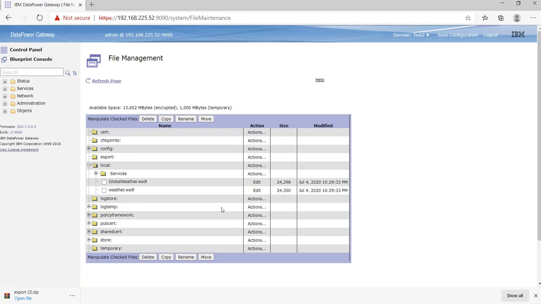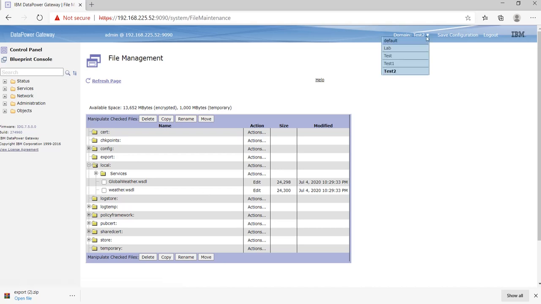Friends, sometimes it happens, as I told you, that we created one domain and some services and objects related to that domain, and we need to import the complete domain into another environment, or like you are in a UAT and you want to move the complete domain to your production environment. So this way you can import your complete domain. I'll tell you one more example in which we'll import only one object into another domain. I'll show you this also.